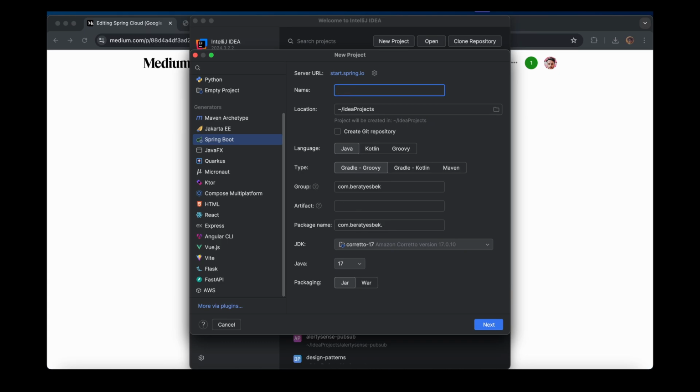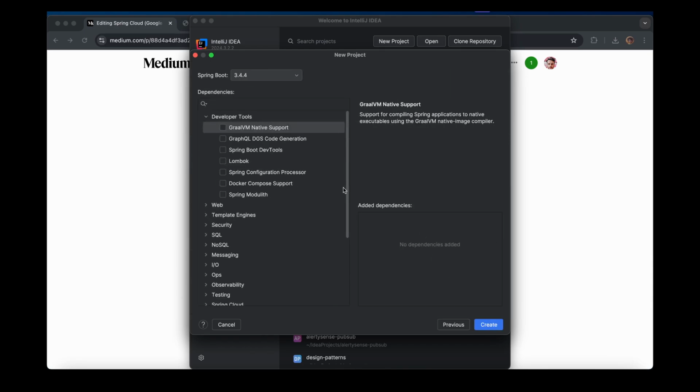This is our first Google Cloud application. You can find all this sample code in my GitHub account and GitHub repositories. I will also share this in my Medium article and under the description of this video. So in Spring, I will give a name to my project, Spring Cloud GCS. I will use Java as the language, not Kotlin, so these are correct. I will use Java 17 as the JDK. I will choose the Lombok and Configuration Processor,